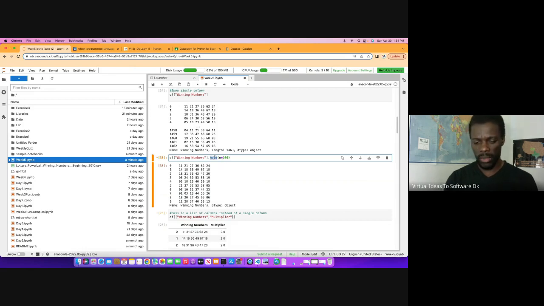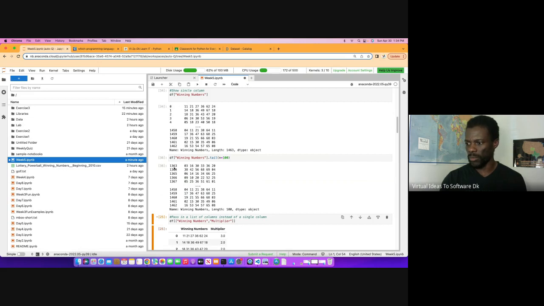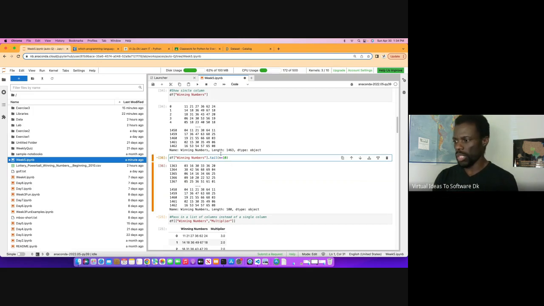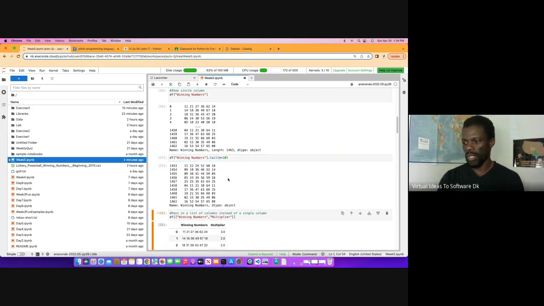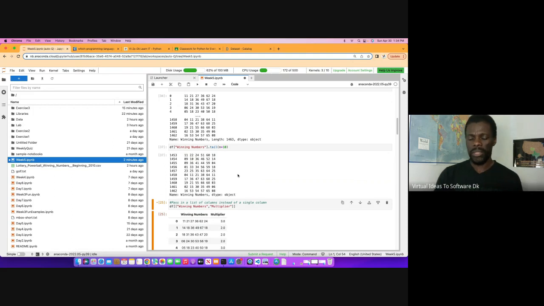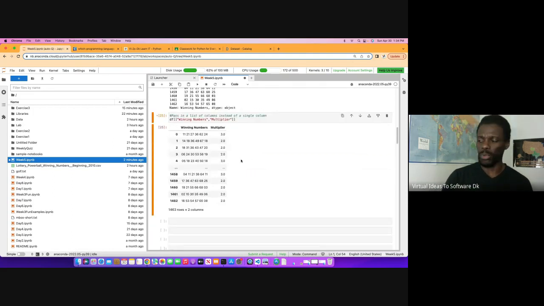So if I use tail, 100, it gives me the last 100, from 1363 to 1462. There are many ways in which you can use head and tail to get an idea of what your data looks like. But if you want to look at multiple columns within your data set, then you have to use